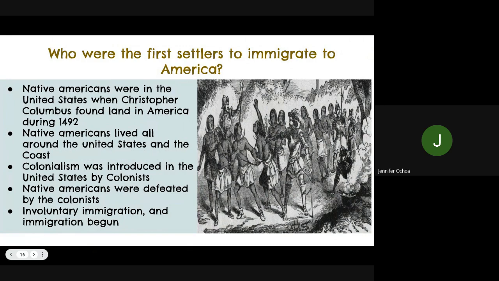So as we move along, the natives moved to the United States. Native Americans moved to America to have a better life. Therefore, they moved to the United States, all around America and the coast. This is why many Native Americans moved to different regions in the United States, and to save their families. In fact, the Native Americans created different tribal regions around the United States. One of the purposes was that they